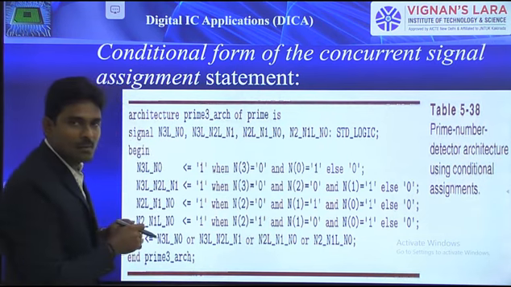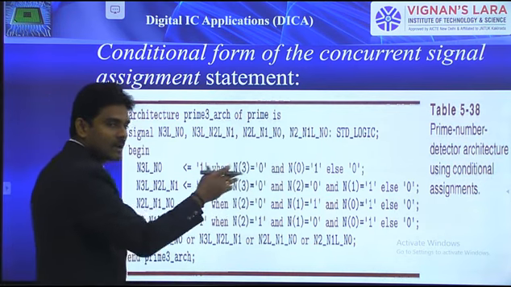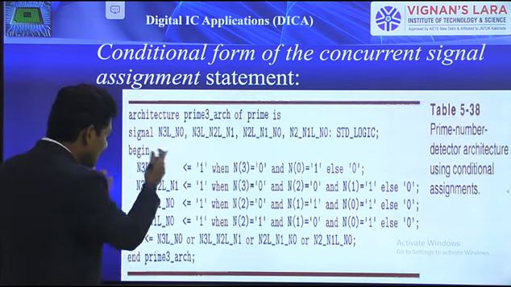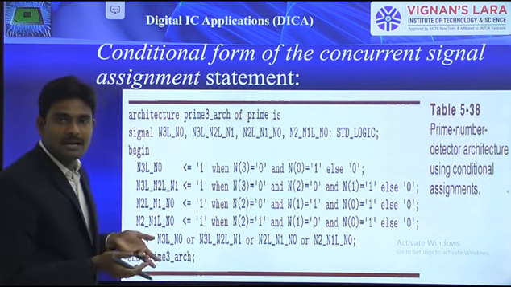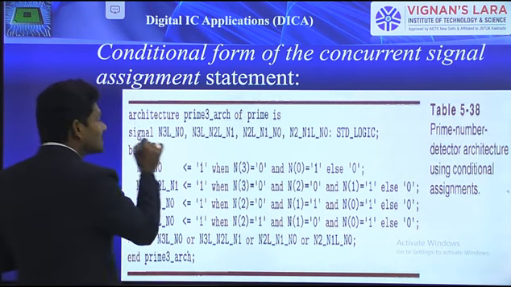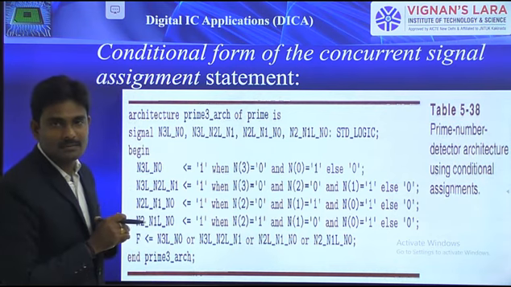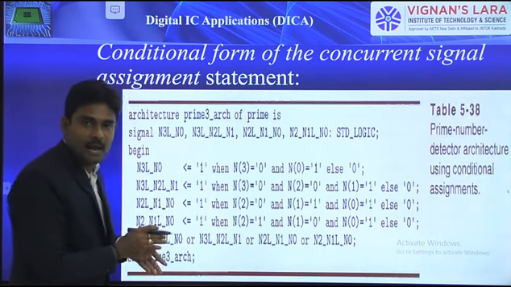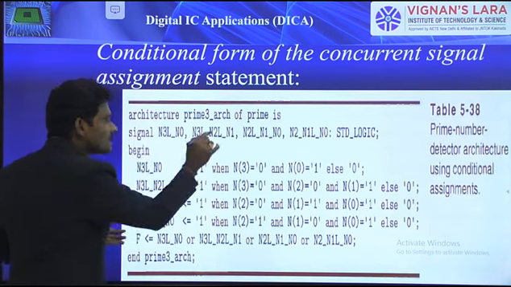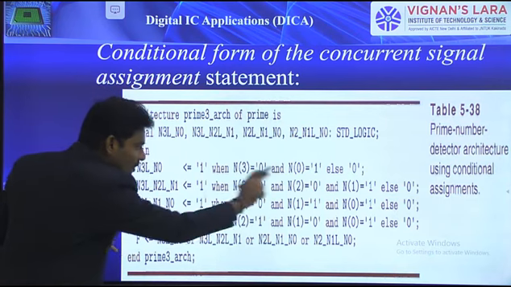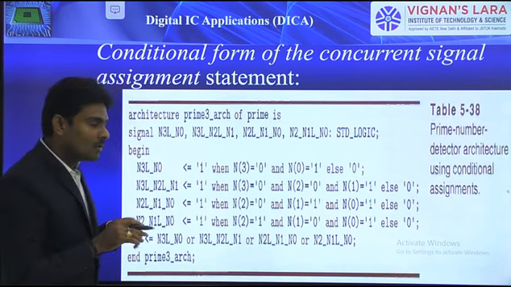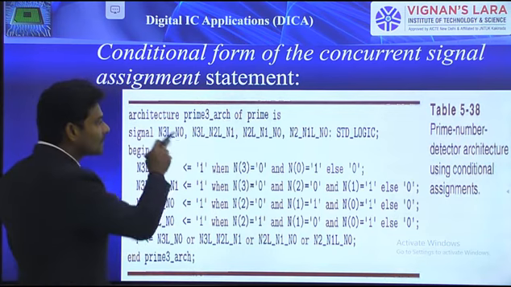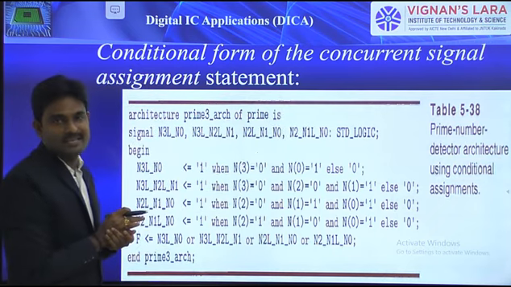If you look at this, on the right hand side, N of 0, N of 1, N of 2, N of 3, all these are predefined, declared in the entity declaration part. The ones on the left side are not yet declared in the entity declaration part, so we considered signal declarations. Before starting, you must define over here whatever signals are not covered in the entity declaration part. And in this architecture body, nowhere did we mention N3 bar, N2 bar, those signals, so here I did not mention them.